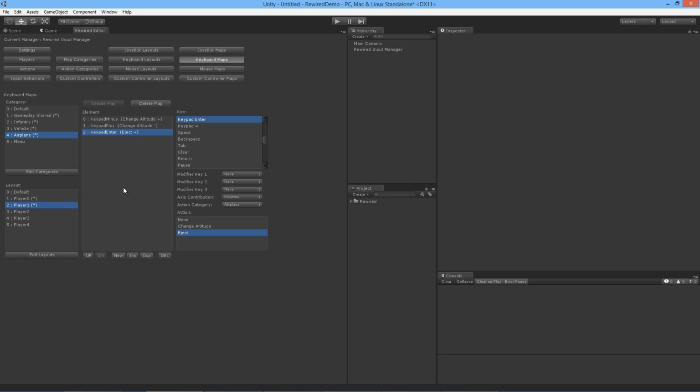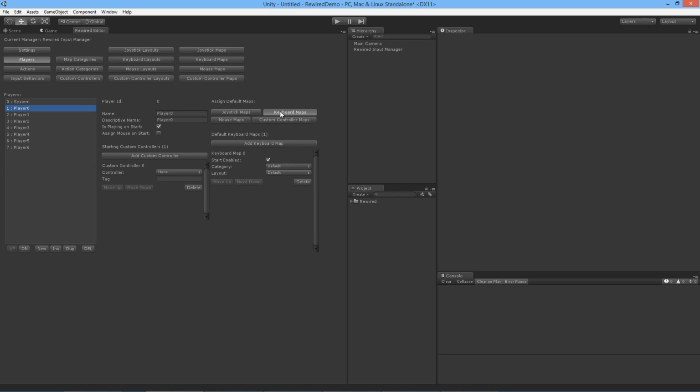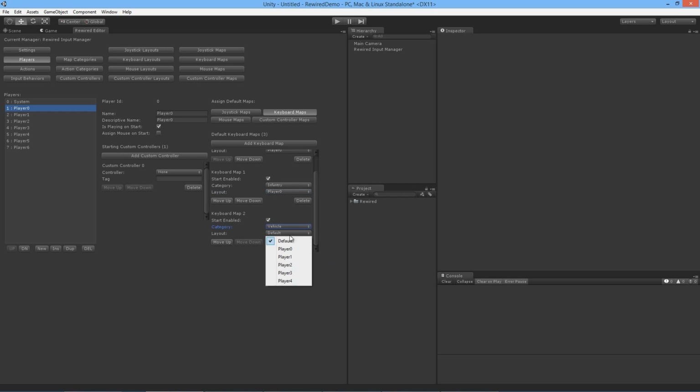So now we assign for player 0 and player 1 their keyboard maps. Currently we have the default keyboard map that we made earlier assigned, which is no longer valid. Switch the category to gameplay shared, switch the layout to player 0. Now we'll add another keyboard map, infantry, player 0. Another keyboard map, vehicle, player 0. Another keyboard map, airplane, player 0. And the menu map, which we actually didn't create, but